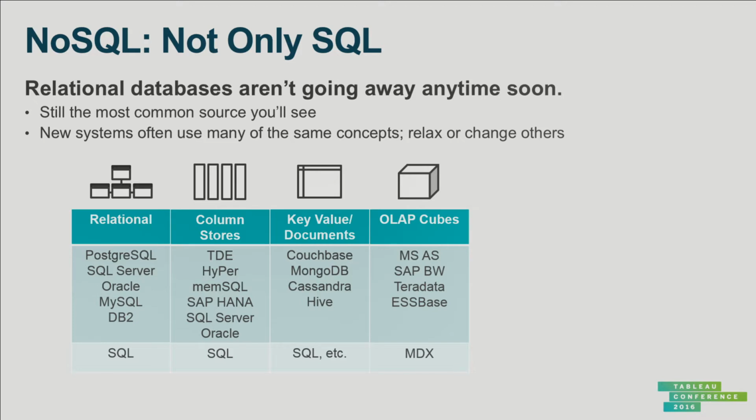Cubes are also a thing that you'll see. Now, these are actually fairly old, right? These column stores and key value stores are more of a recent invention than cubes. And in fact, column stores are by and large starting to steal, or have been stealing, workload from cubes. Cubes are an optimized structure for dealing with these grouping and aggregations, where they pre-aggregate and let you slice and dice. But they tend to be more rigid than what you can do with a column store. And so the column stores are coming and eating in very rapidly to that cube storage.